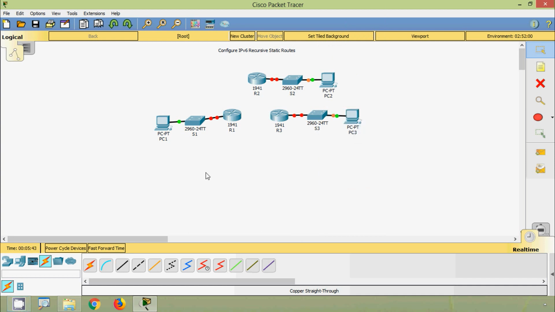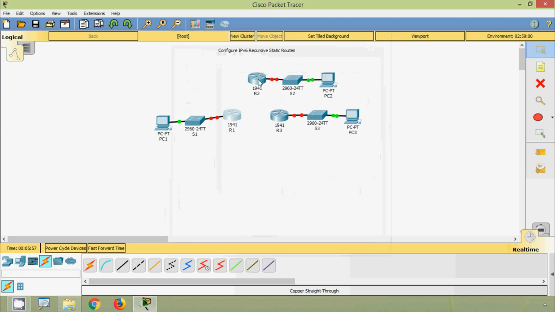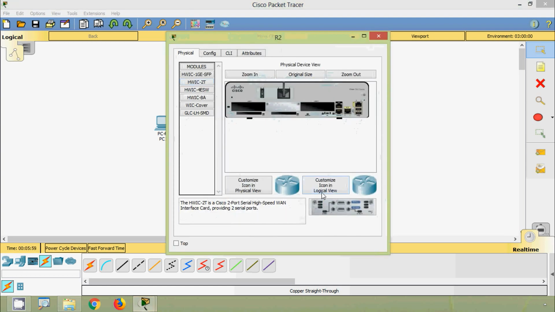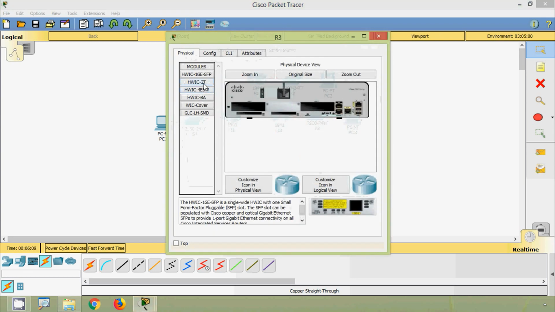Now we will add a WAN interface card on these routers. Coming to R1, we will put it off, and we will add this serial high-speed WAN interface card. Then we will switch it on. Coming to R2, we will repeat the same steps. We have to switch it off. Coming to R3,